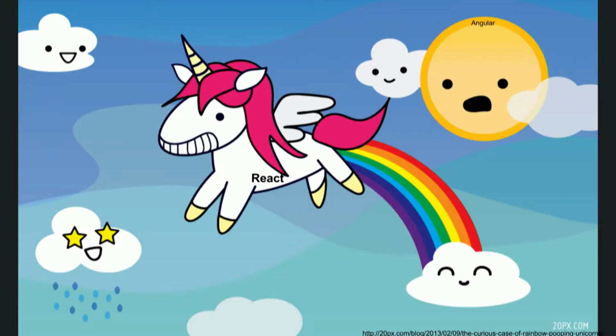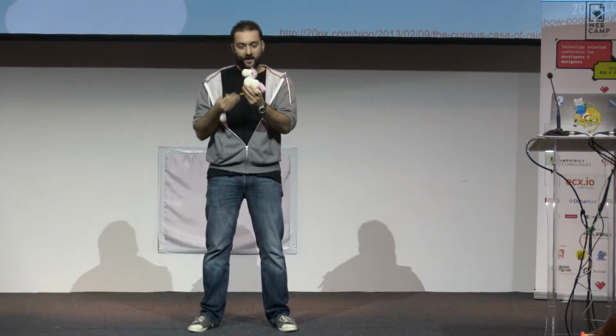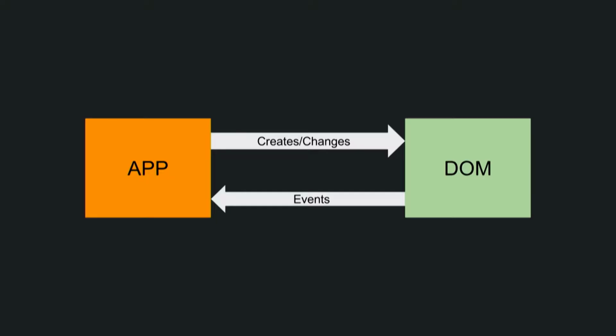So how does this React work? OK, this is the picture I found makes most sense, and I'm going to use this prop to further demonstrate. So React is this unicorn. It takes stuff in, so your code base, your data, and something happens, and it spits out stuff, which is your HTML code or whatever, and you don't know why it happened, how it happened, you really don't want to know, but it works, and it works perfectly. Okay, now, but seriously,